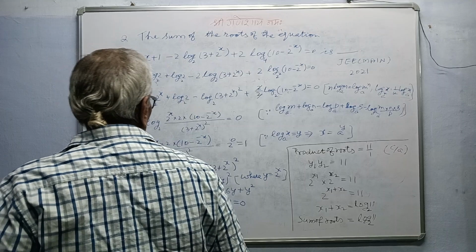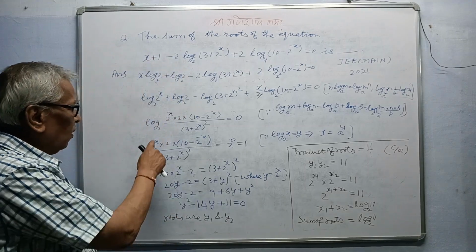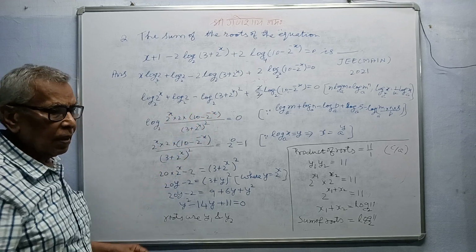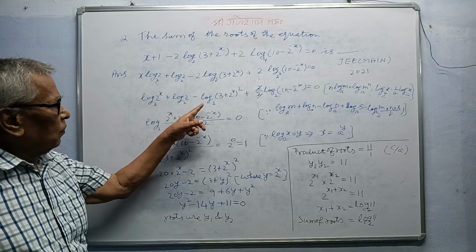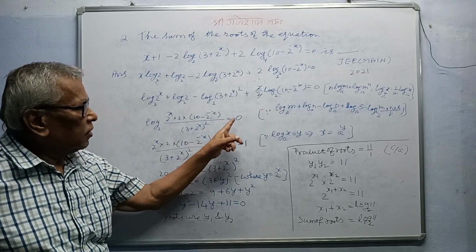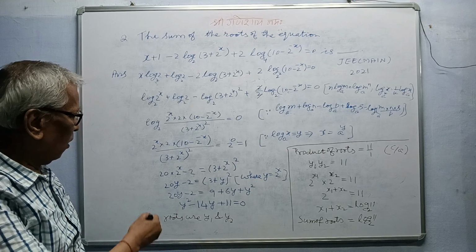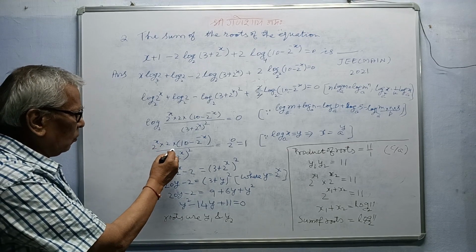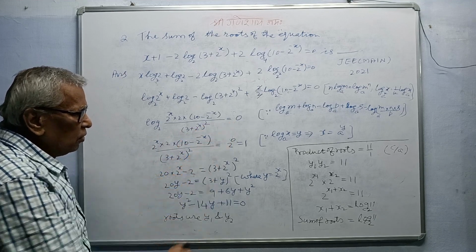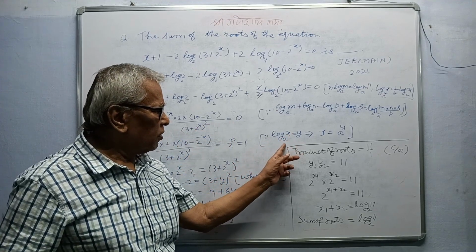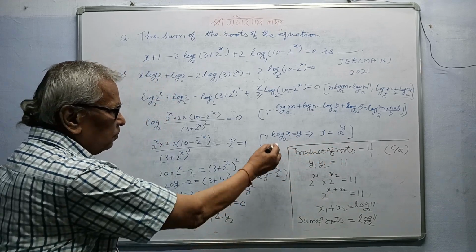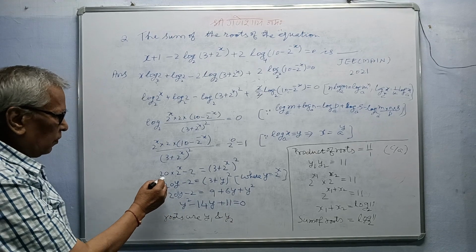Division. So log base is 2, same base everywhere. So 2 to the power x into 2, this will come out in the denominator, and 10 minus 2 power minus x is equal to 0. 2 to the power x into 2 divided by this is equal to 2 to the power 0. We have if log x to the base a is equal to y, then x is equal to a to the power y. This formula.